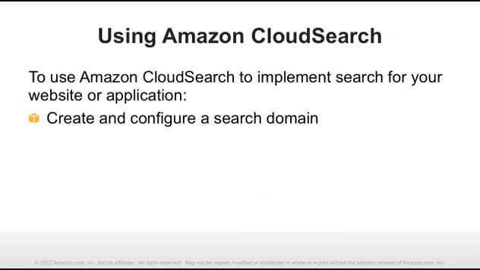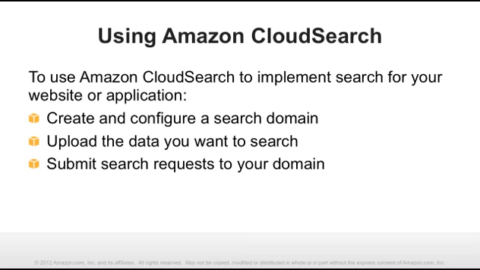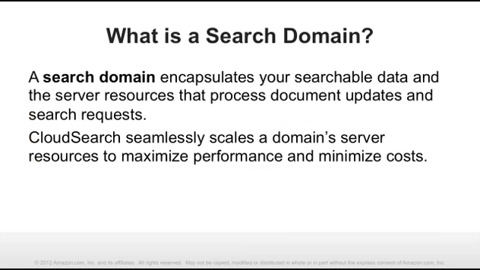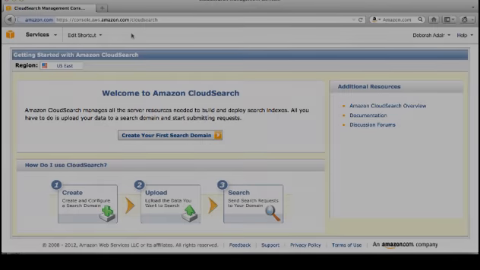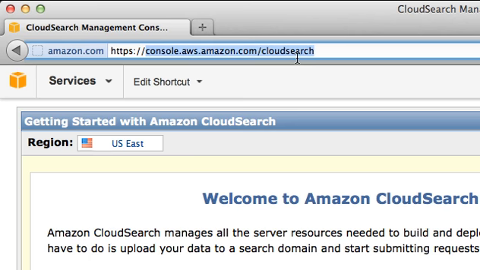To use CloudSearch to implement search for your website or application, you create and configure a search domain, upload the data you want to search, and submit search requests to your domain. A search domain encapsulates your searchable data and the server resources that process document updates and search requests. As your volume of data and traffic fluctuates, Amazon CloudSearch seamlessly scales your domain server resources to maintain performance while minimizing costs. To begin, go to the Amazon CloudSearch console at